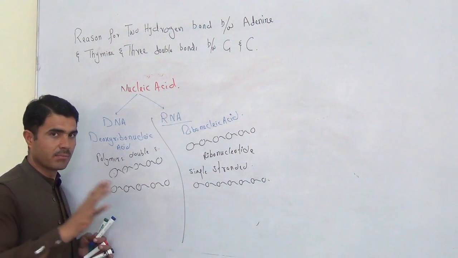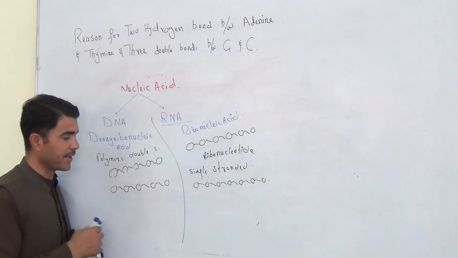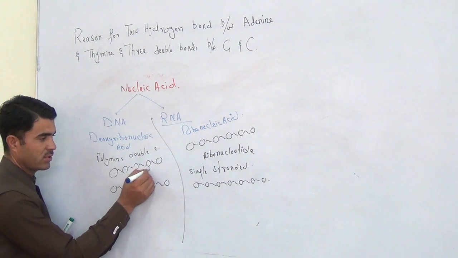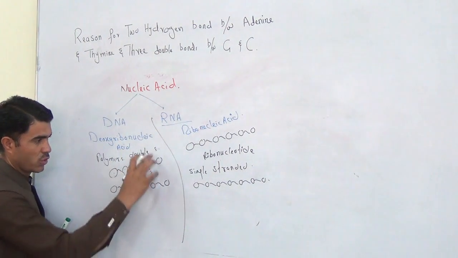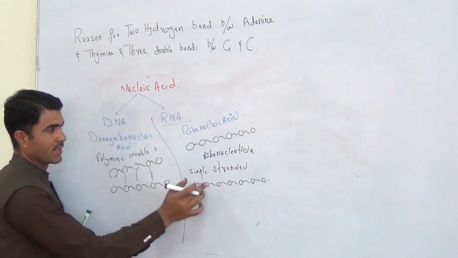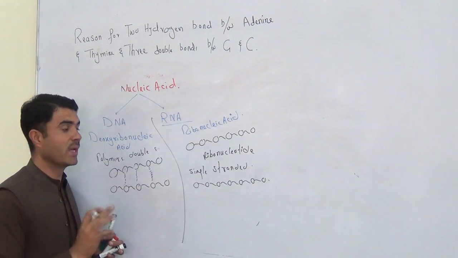We will discuss the complete structure of the DNA as well. But I'm just going to give you a slight idea. So there will be a hydrogen bond between these two chains. So double-stranded DNA, single-stranded RNA. Remember, what is the most common thing between these two is that